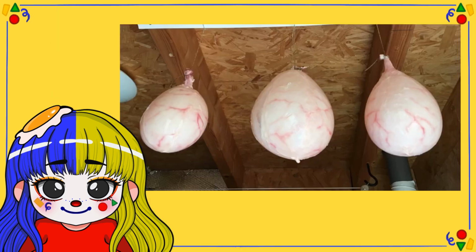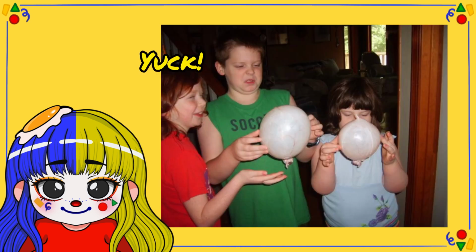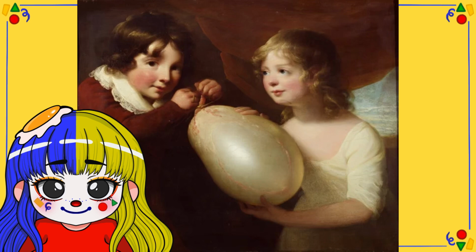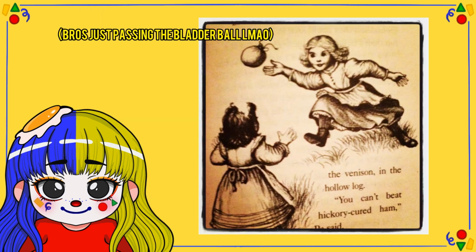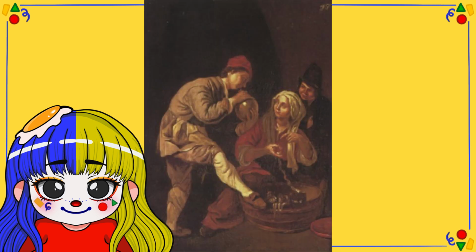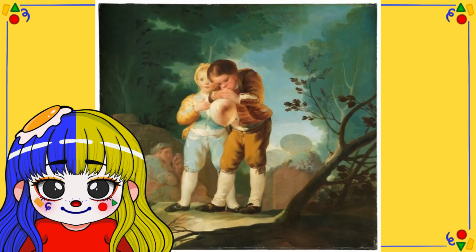Well, before balloons looked like we know them today, humans were using animal bladders instead of rubber. Yeah, that's right, animal bladders. Actually, Galileo even used a pig's bladder in an experiment to measure the weight of air by using it as a balloon. The understanding that animal bladders could hold air was used in many cultures as far back as ancient Greece, and many indigenous tribes across the world use them, specifically for children to play with.